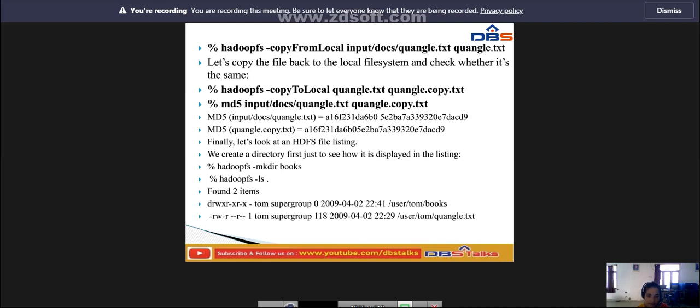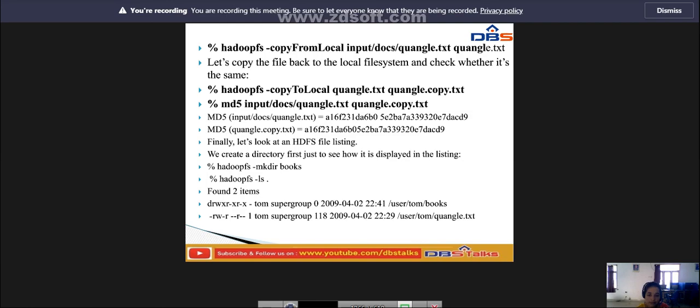What I am doing here is copying the file back to the local file system. Whatever information we copied into HDFS, I am copying again into our local file system. So let's copy the file back to the local file system and check whether it is the same.